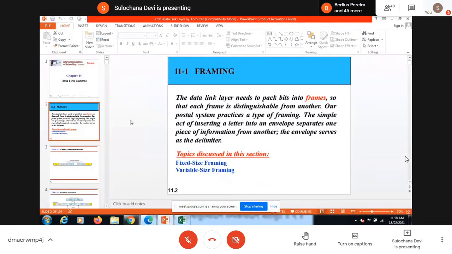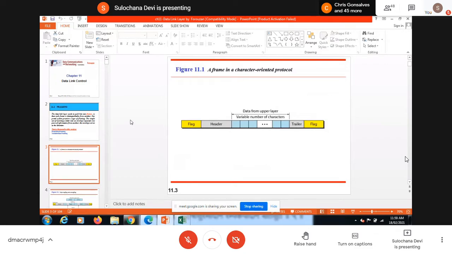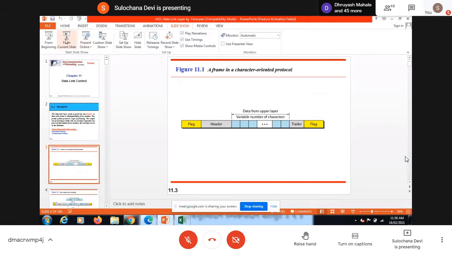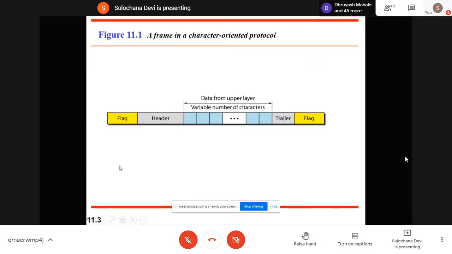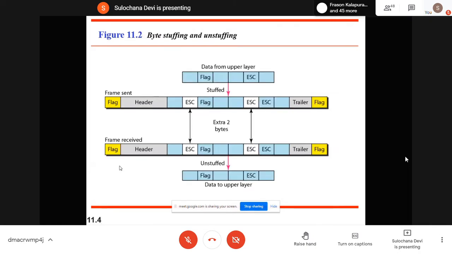These were the four framing techniques. So framing is one of the functions of the data link layer. Just look at these PPTs and revise, and then we will go on. This is byte stuffing. Put a flag at the start and end of the frame, with header and trailer, and this sky blue part is your data. In the data part, if the flag pattern or the escape character appears, then stuff one extra escape character.